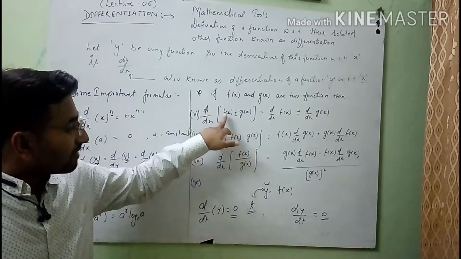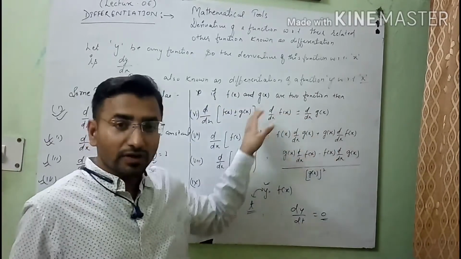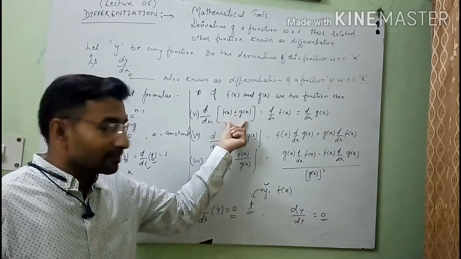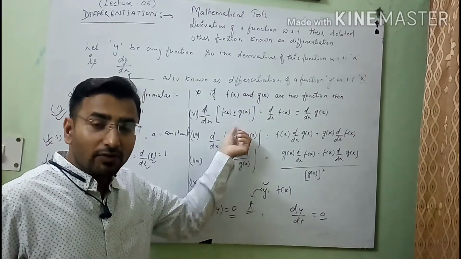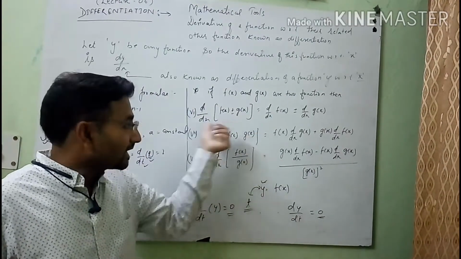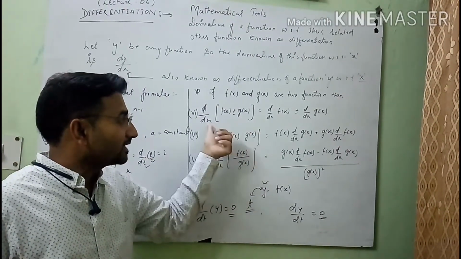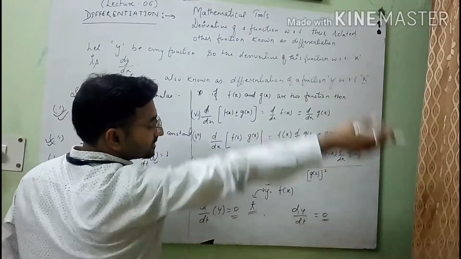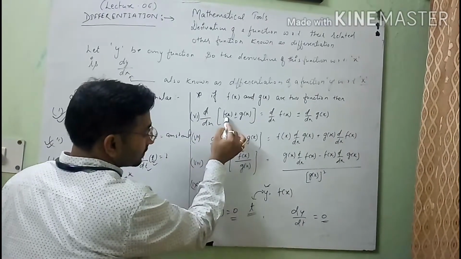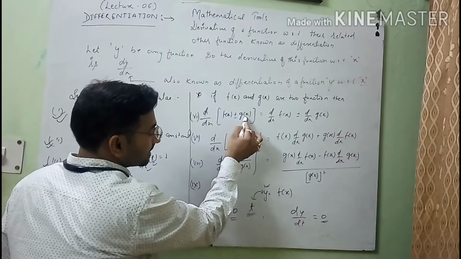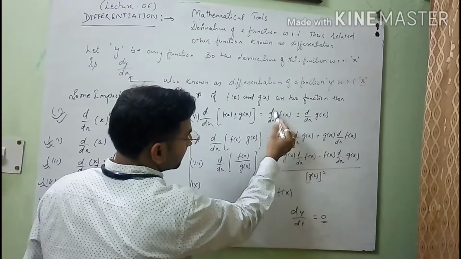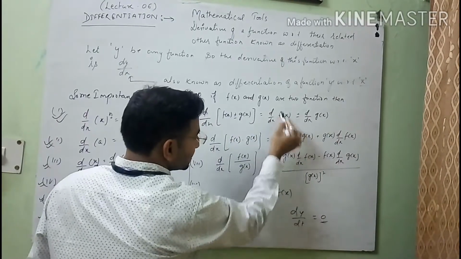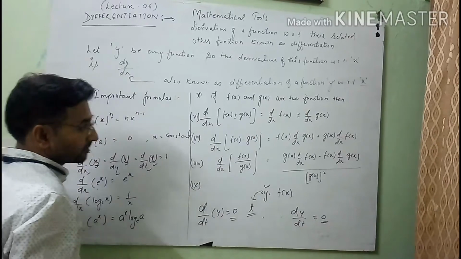First of all, suppose you have two functions, f(x) and g(x), and an equation formed with the help of these functions in addition or subtraction form, and we want to differentiate it. Then what we will do is separate first and then differentiate the functions. d upon dx of f(x) plus minus g(x): we separate it first. d upon dx of f(x) plus minus, according to the sign, d upon dx of g(x). Then we will differentiate each individual function according to the rules.